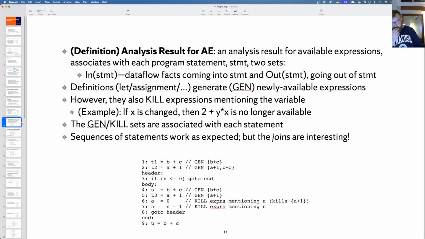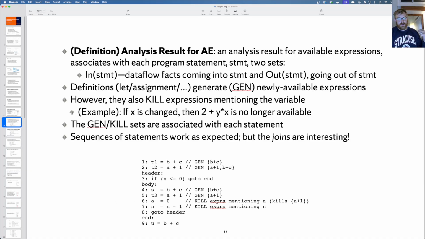And so we can do this by basically associating with every statement in the program two sets. We're going to have an in set, which is all of the analysis facts that are true coming into the statement. Then the statement is going to make some transformations. And then after the statement, we're going to have an out set, which is a set of analysis facts that have to hold after the statement is true. Now, in this case, an analysis fact represents an available expression, a definitely available expression that has been computed and has not changed value since the last time it was computed.